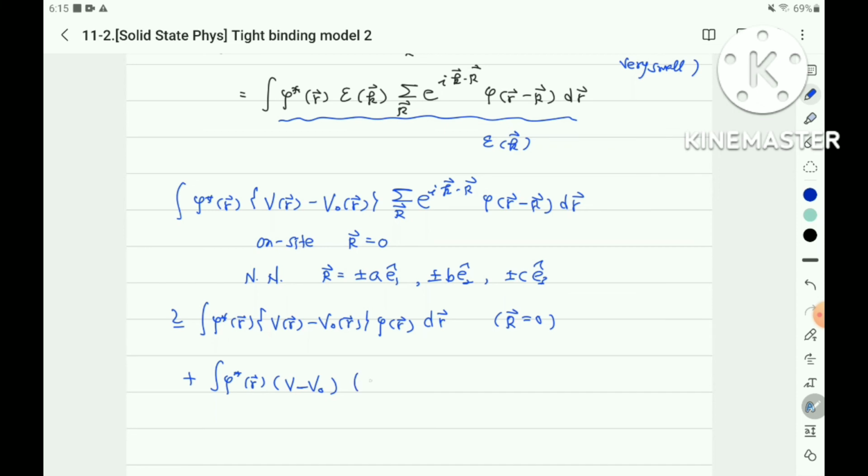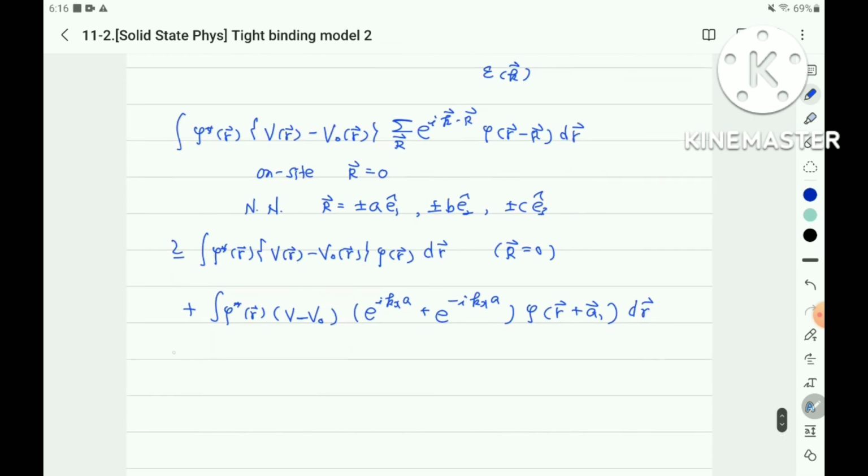Here it is exponential i kx a plus, because the R vector in the x direction is plus or minus a, and also exponential minus i kx a. It is this term, and also phi r plus a1 vector. Here a1 vector means plus or minus a e1, and dr. Secondly, in the y direction component,